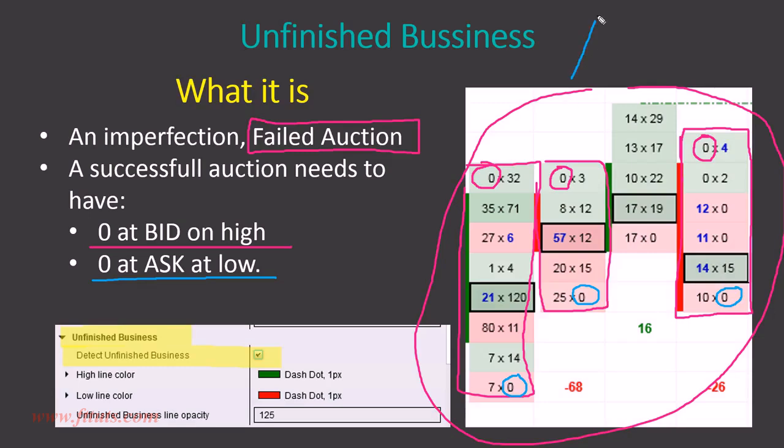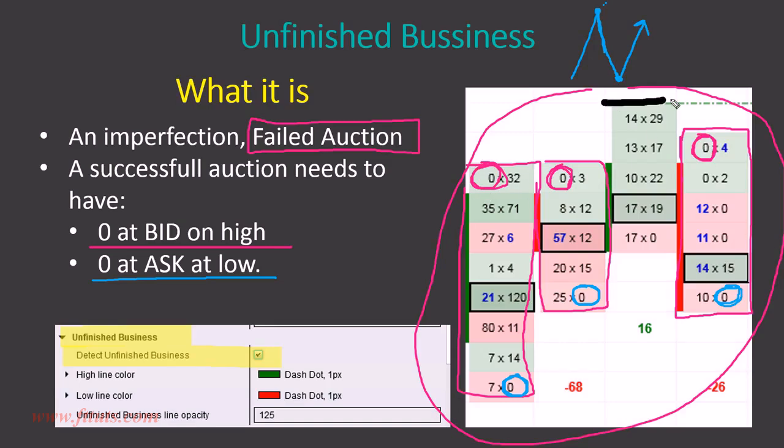When the price goes upwards, then it turns and goes downwards. It means that there are no buyers willing to buy for higher prices, so the price turns and goes downwards. Then, at this place, there are no sellers willing to sell for lower prices, so the price turns again and goes upwards. This is how market moves, and this is why there's always 0 at those places, at those lows on ask, and at the highs there are zeros on bid.